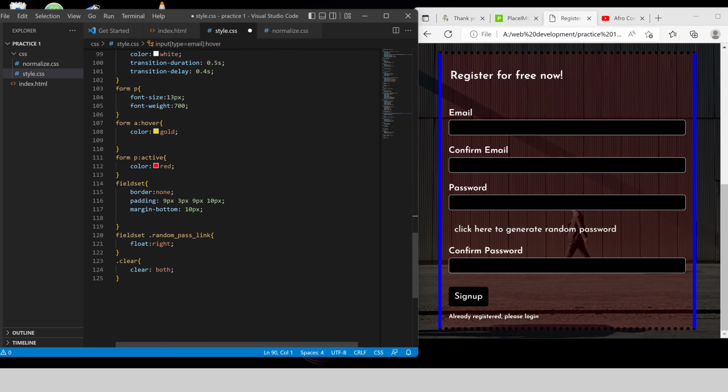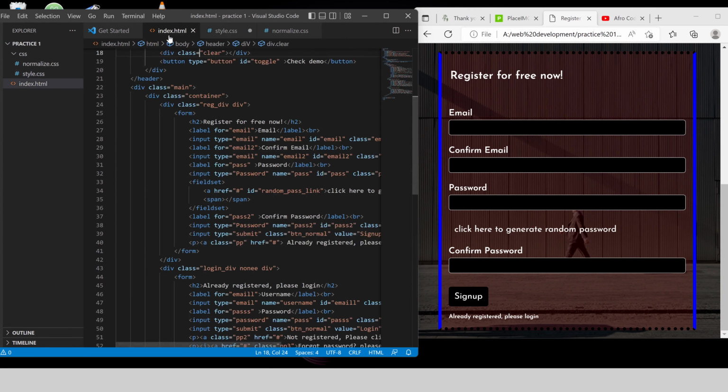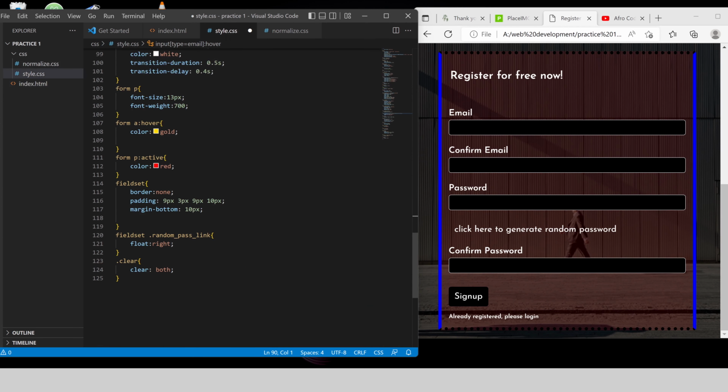So the fieldset, let me show you guys. This is the fieldset, and the fieldset is where the password is being generated. So I removed the border, set the padding and the margin bottom. The fieldset random password link. Okay,